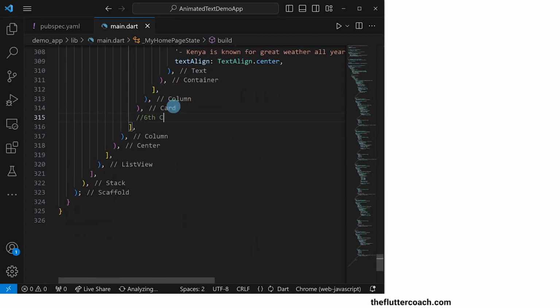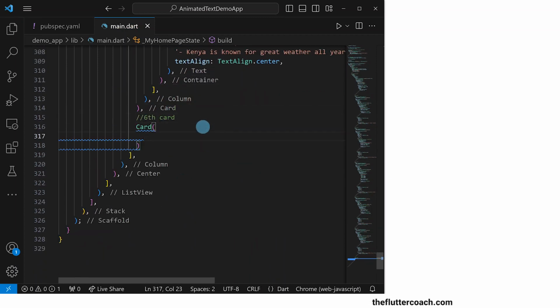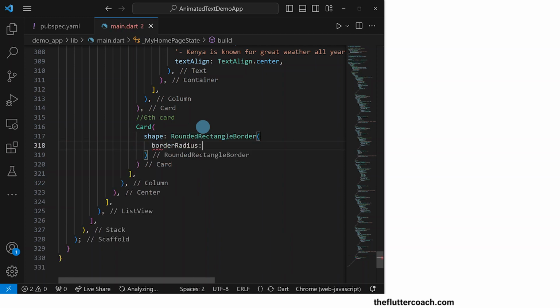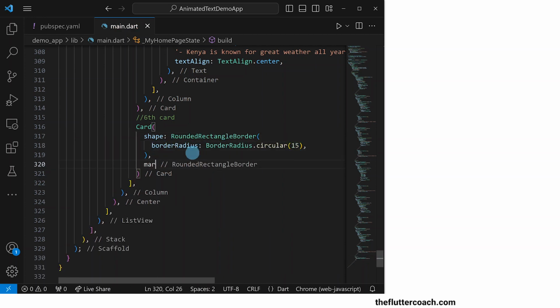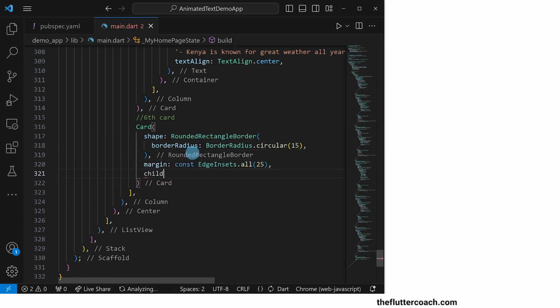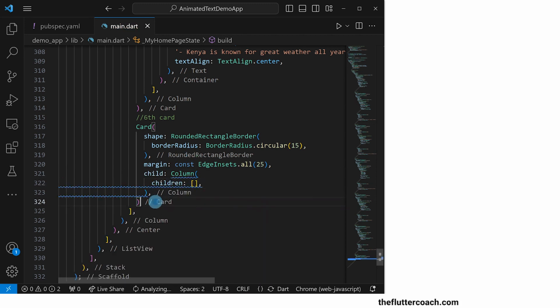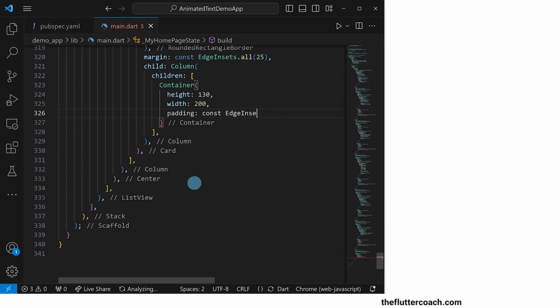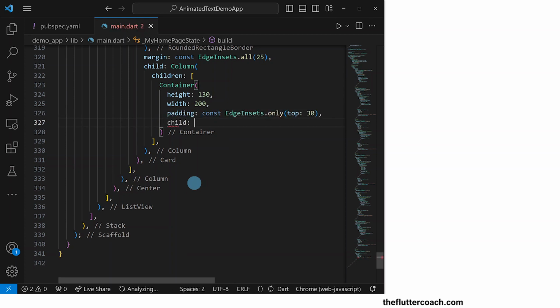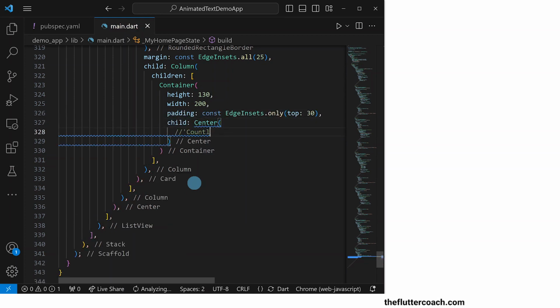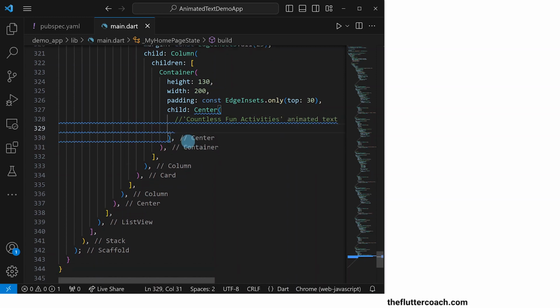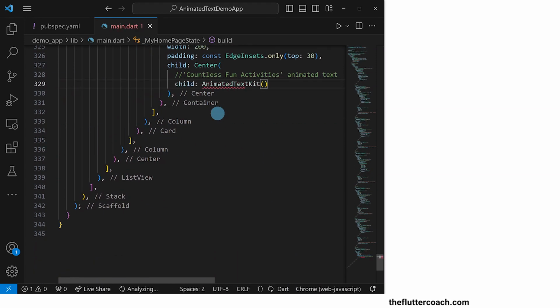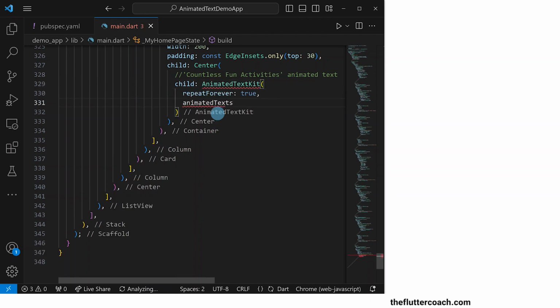Let's move on to the sixth card, which will talk about the countless fun activities, and here we will have a card widget with a border radius of 15, an all-round margin of 25, and its child will be a column widget. The first child of this column will be a container widget with a height of 130, a width of 200, a padding of 30 at the top, and its child will be a center widget with the countless fun activities animated text. The child of this center widget will be an animated text kit that repeats forever, and